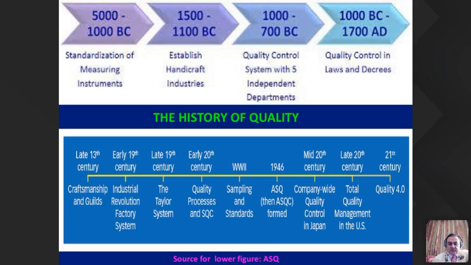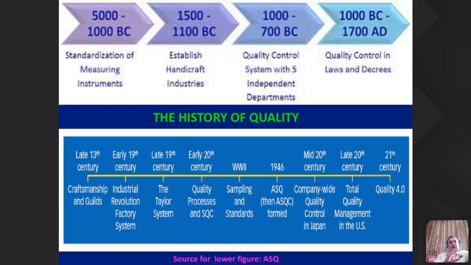Then we start with the handicraft industries, and after Christ, quality control started in the laws. If you know Hammurabi's laws in the Assyrian era, those were regulatory things that started to regulate farming at that era. And from the late 13th century, we have the craftsman,